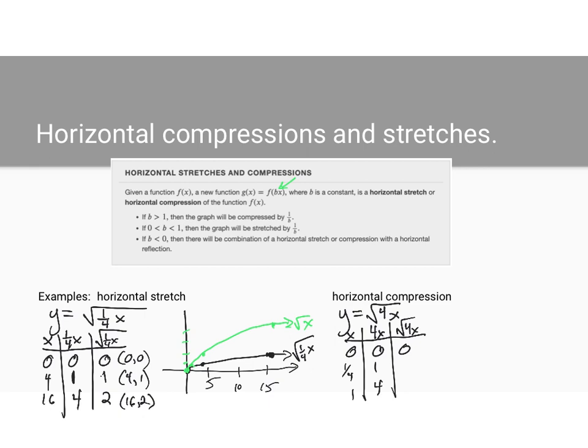If I plug 1/4 in, I get 4 times 1/4 is 1, square root of that is 1. And if I plug 1 in, I get 1 times 4 is 4, square root of that is 2. So 0, 0, 1/4, 1, 1, 2, which on the graph would look like,